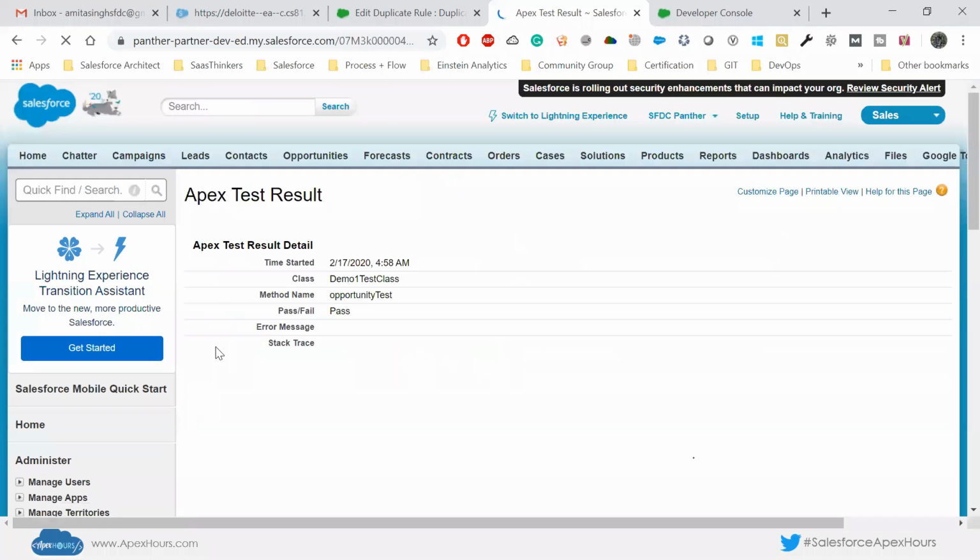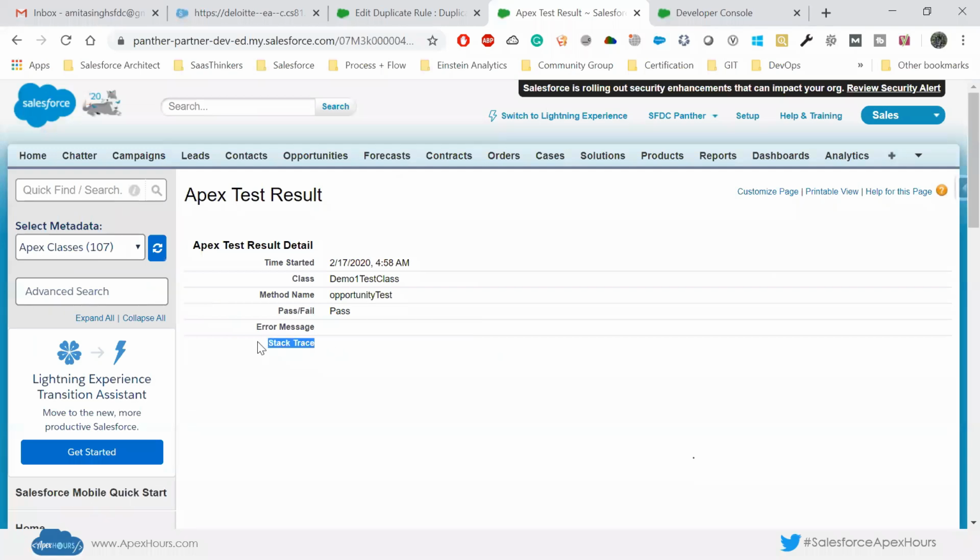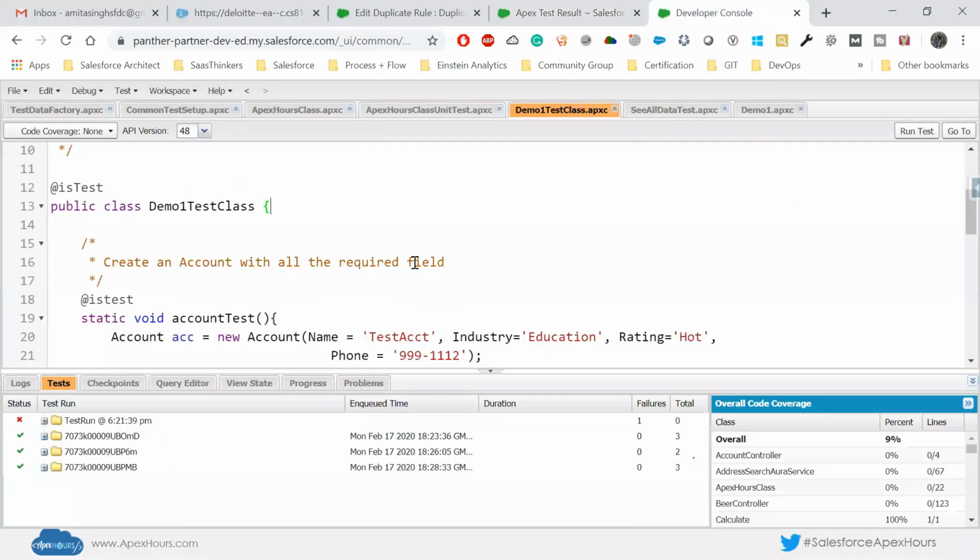If I click here, you can see that there is no error message and there is no stack trace. Stack trace is nothing. It is going to tell you the exact path where your test class is failing. So this is how you can run your test cases after you have written your test